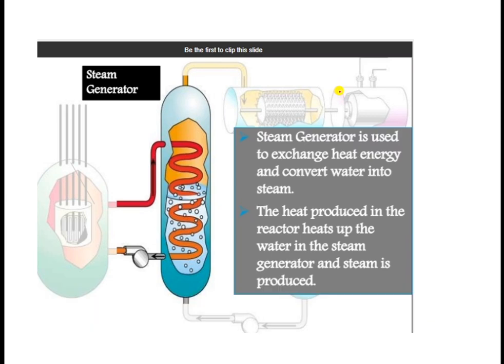Now, another important component is the steam generator, where the steam is generated. You can say this is nothing but the boiler as far as the nuclear reactor is considered. But in this case, the water is converted into steam while in contact with the primary coolant, which is flowing through this particular tube. You just see this is the pump extracting the primary coolant, which is extracting the energy from the nuclear core. It gets heated up and moves in this manner.